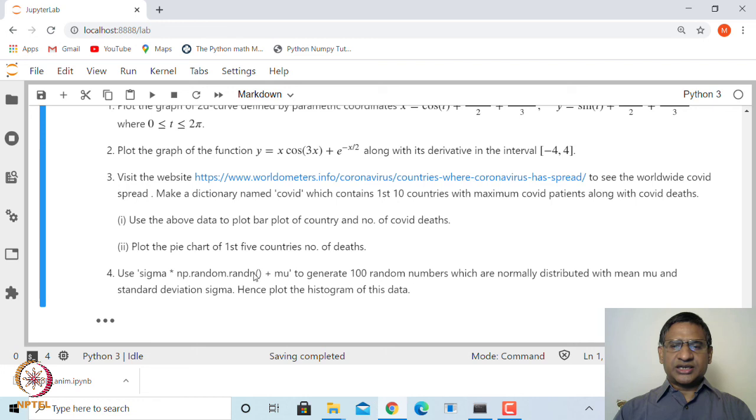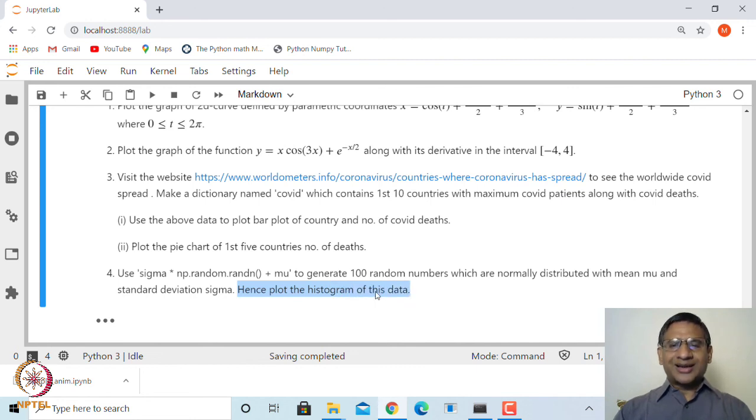Next problem: let us generate normally distributed points with mean mu and standard deviation sigma using this command, but we have also seen random.normal that can also be used. So, generate 100 random numbers which are normally distributed with mean mu and standard deviation sigma and plot their histogram and maybe also a density plot.